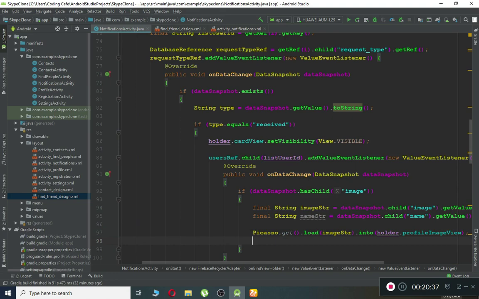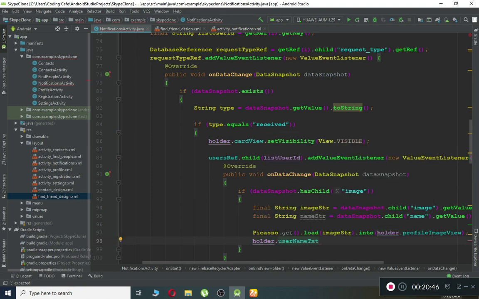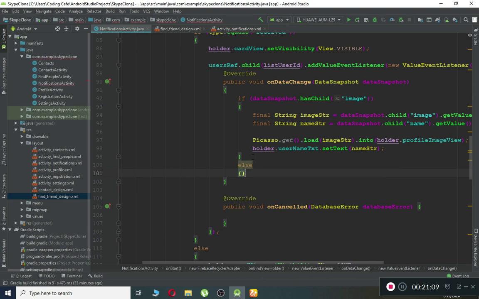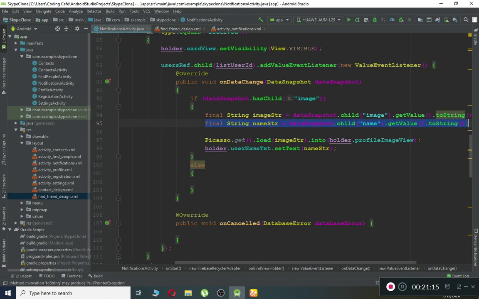That's it. And then we have to display the name. So holder dot username text dot set text to name str. That's it. Now the next step is, when a user clicks on the accept button and when a user clicks on the cancel button, what do we want to do? Well, it is so simple. Also, let's write a condition. If the image does not exist and the user set only the username, then in that case we will display only the name of that user. So for that, let's copy the name str, copy it, paste it here, and then